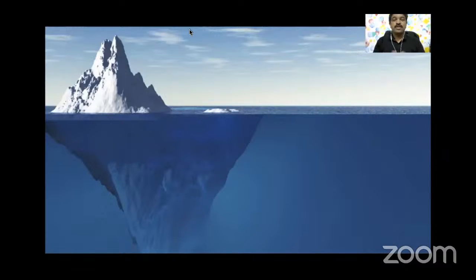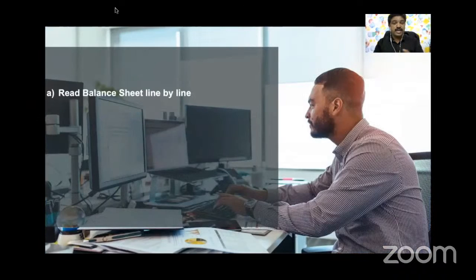What you have seen now is only the tip of the iceberg. But the best part is you have understood whatever I have explained so far. The reason why I say it's the tip of the iceberg is because in reality, when you do the credit appraisal, when you do the financial analysis,